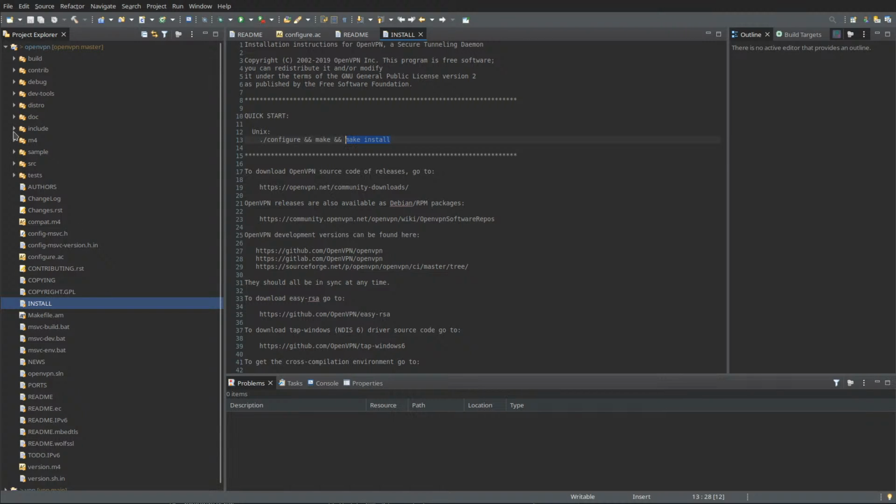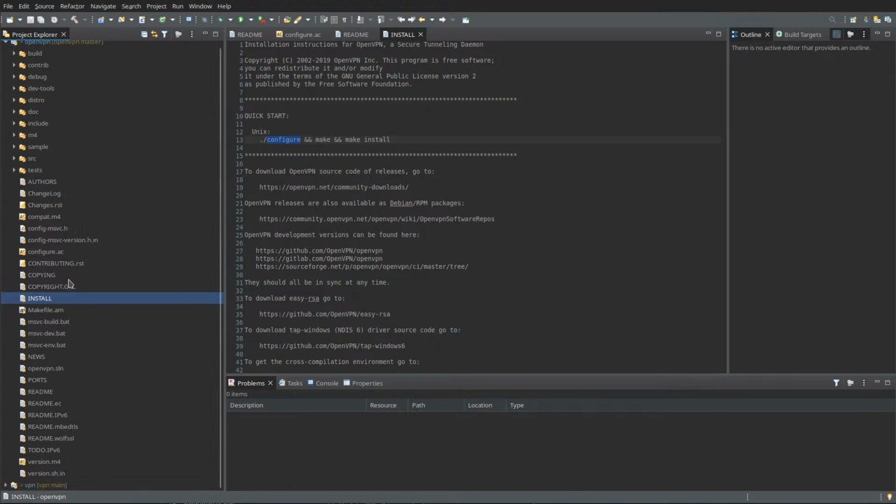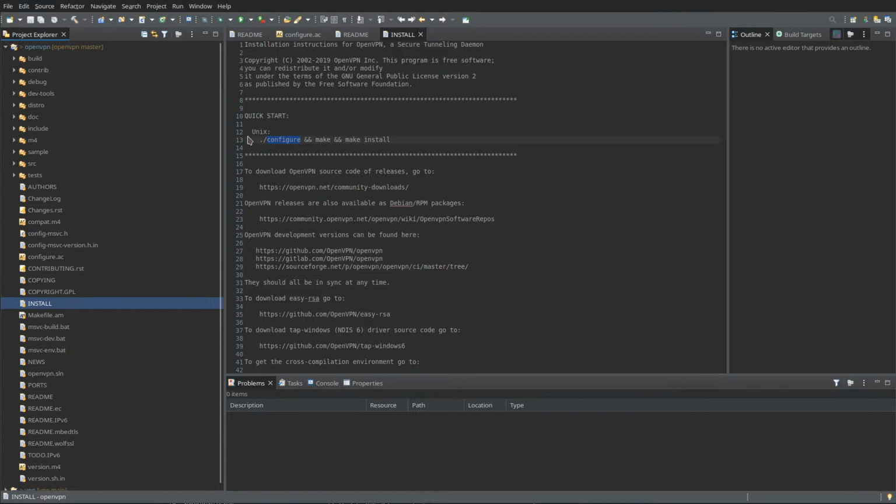Right. So configure, does it even have that at least? Not seeing it. I guess this means you just create another directory.